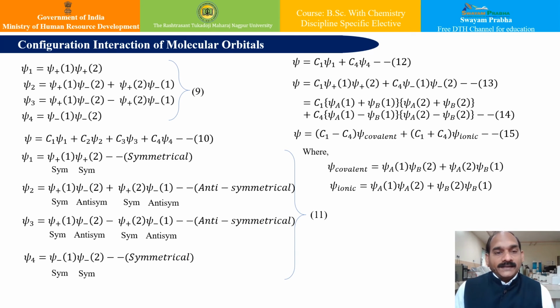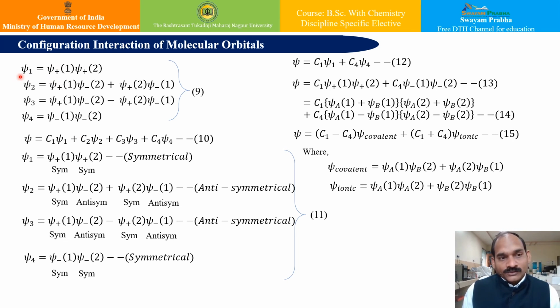The very important part that one must see here, which gives the qualitative explanation to these theories, is the configuration interaction of molecular orbitals. The molecular orbital can be improved, as we have seen earlier in molecular orbital theory as well as in valence bond theory. These molecular orbitals can be improved by the method of configuration interaction. In this method, the wave function is taken as a linear combination of the functions arising from the different electronic configurations. For the hydrogen molecule, the possible wave functions are denoted by these.